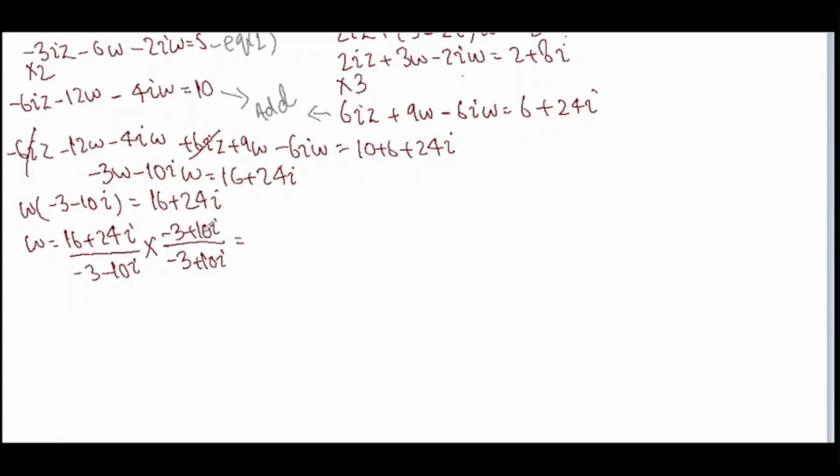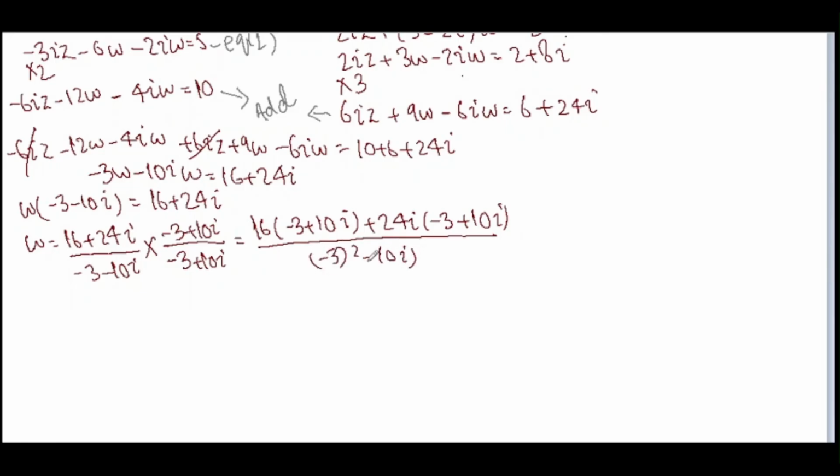Now we are going to multiply these two complex numbers, so we get 16 into minus 3 plus 10 iota plus 24 iota into minus 3 plus 10 iota whole divided by, here it is a minus b into a plus b, where a is minus 3 and b is 10 iota, and this formula is equal to a square minus b square, so minus 3 square minus 10 iota whole square